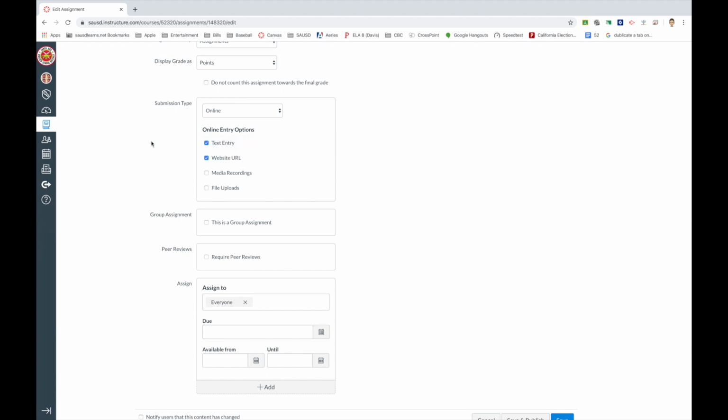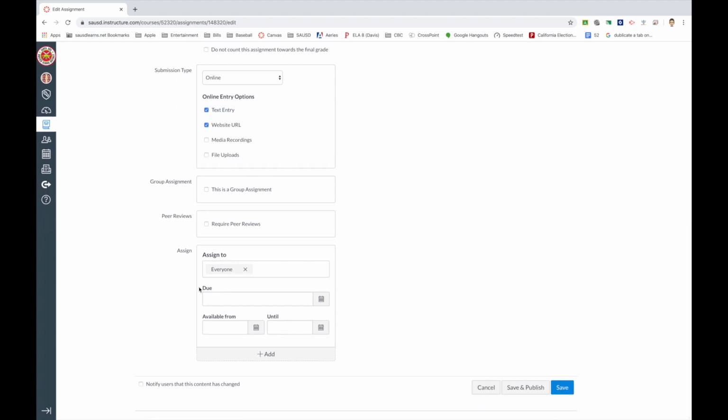The speed grader is another training session. We won't be covering it in this course. However, make sure you decide how your students will submit the assignment. And then you can assign to specific students